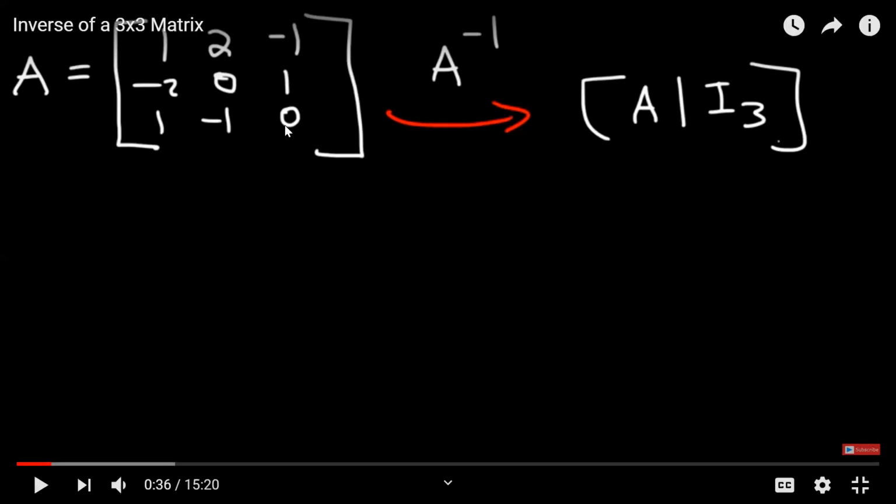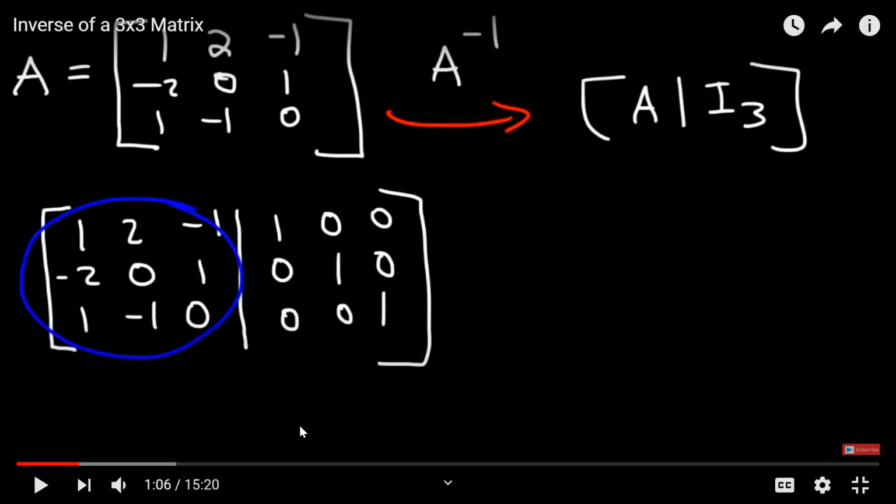So here it is. Now we have a 3 by 3 matrix, and our aim is to compute A inverse. So if you go ahead and put it as an augmented matrix, you see, now we have created an augmented matrix where we put this A and we put this vertical bar in the middle, and then we throw this identity matrix right here. So now this whole thing is called an augmented matrix.